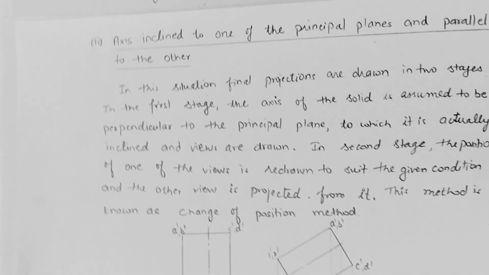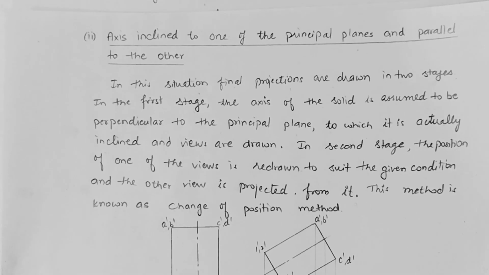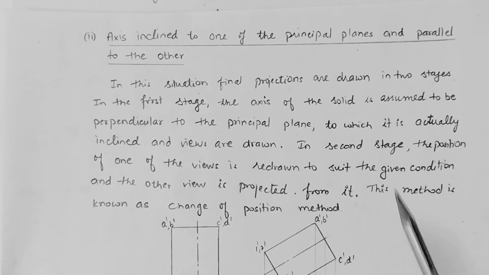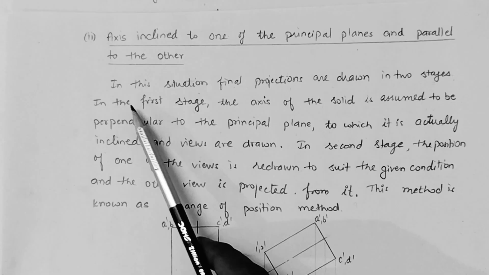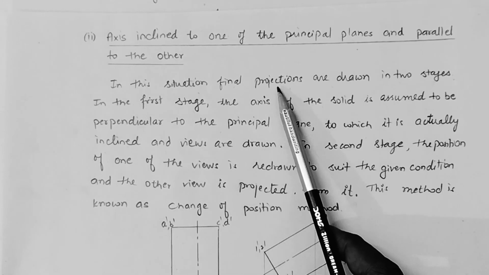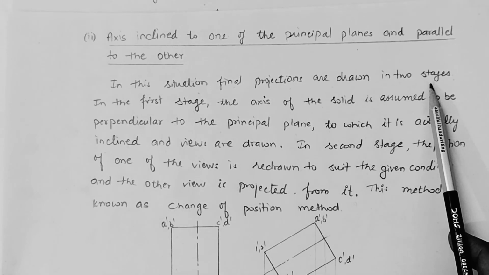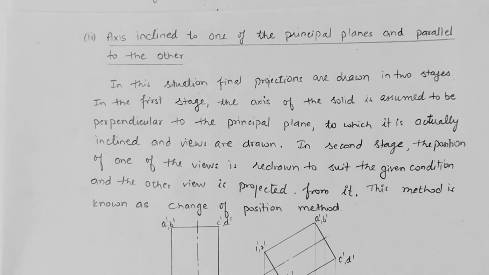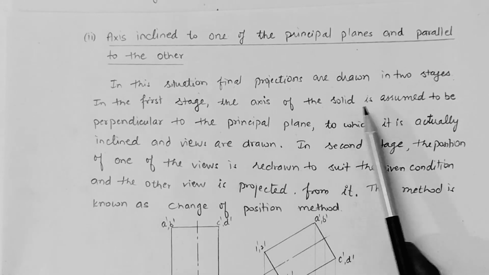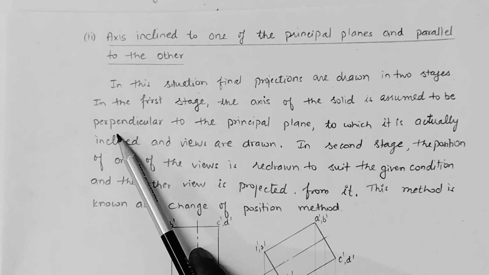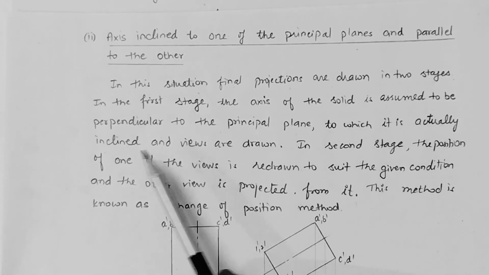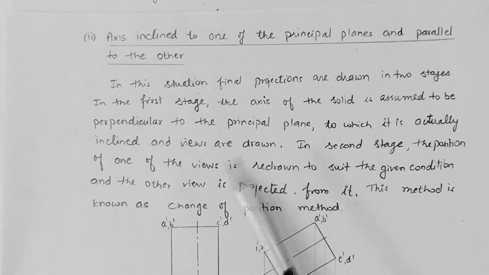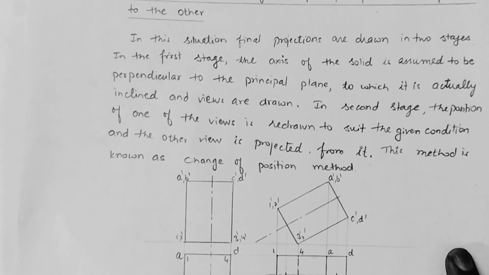So this is the case of the axis perpendicular to one of the principal planes. Next is when the axis is inclined to one of the principal planes and parallel to the other. In these conditions, final projections are drawn in two stages. So we have to complete the projections in two stages. In the first stage, the axis of the solid is assumed to be perpendicular to the principal plane to which it is actually inclined, and views are drawn. So you can see in this diagram